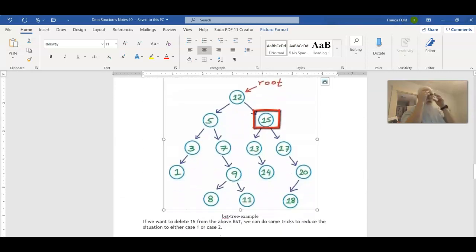Let's say we want to remove 15. We have to somehow get a value up there, and it has to be something that's reasonable. There are 2 ways to do it. I'll take the easier one at this point. We look on the left subtree. The left subtree from